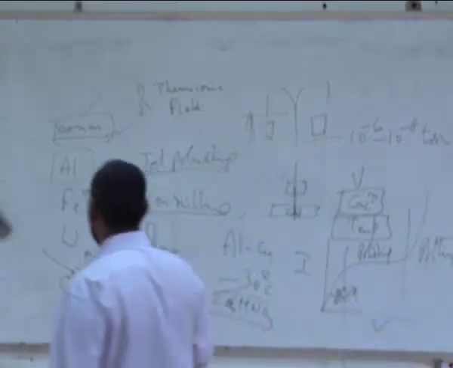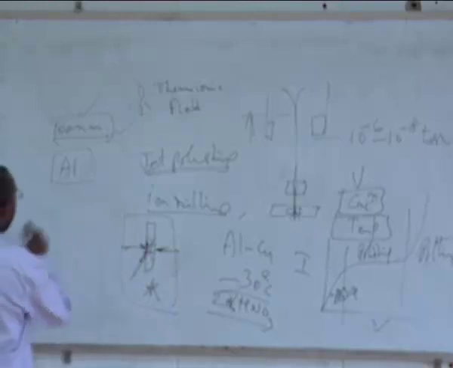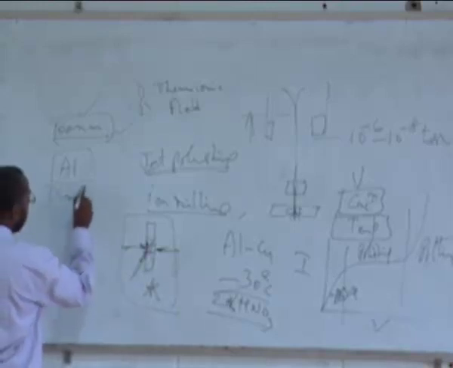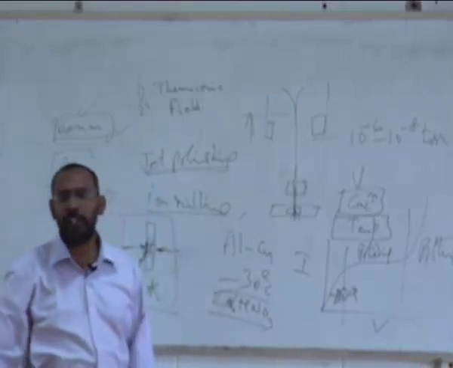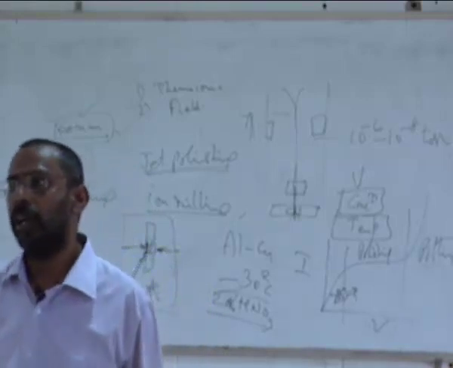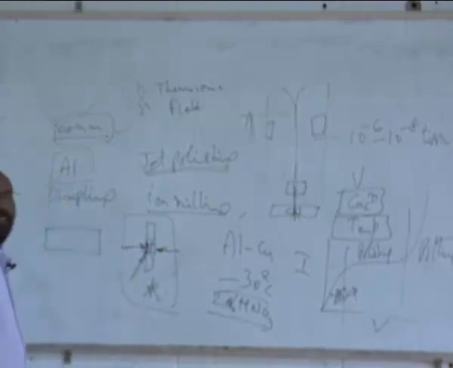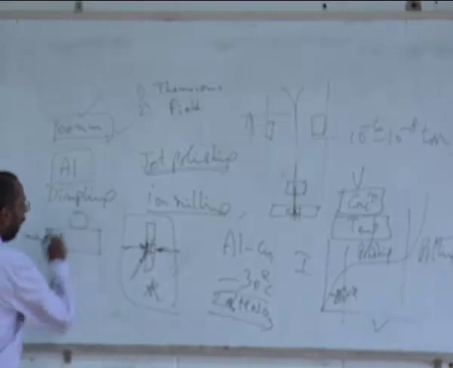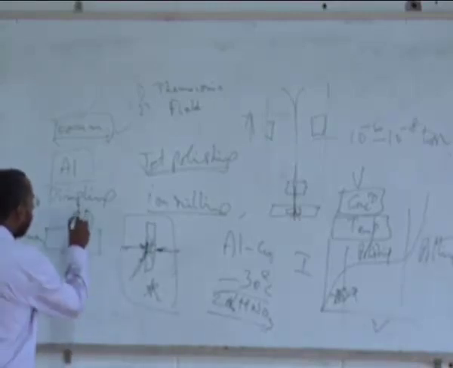And in order to make this faster, people also do an intermediate step, what is called dimpling. Because as I told you, going from 100 microns to 100 nanometers will take a long time by ion milling. So can I reduce the thickness further? For that what we do is, we take the 100 micron thick ceramic sample, put what is called a grinding wheel on the surface which is rotating like this, and apply some load on it.